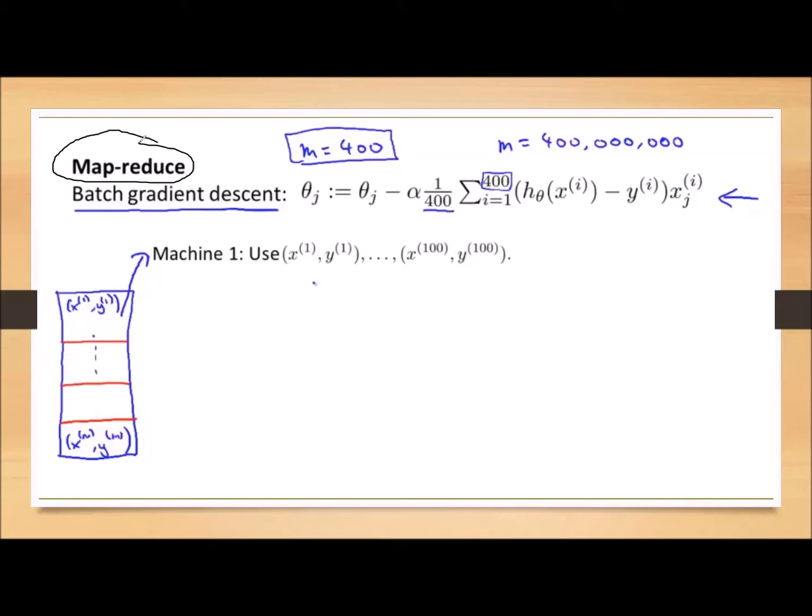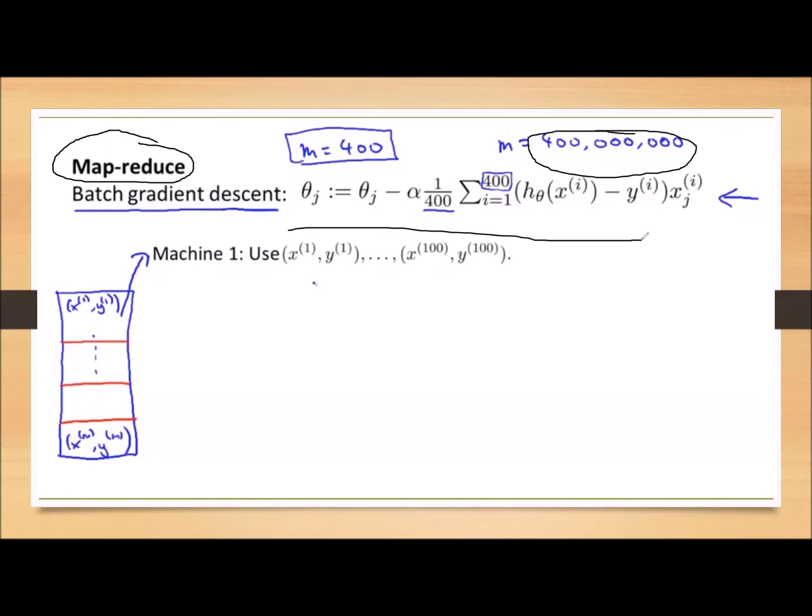Because when we deal with a large data set like 40 lakhs training samples, if we use batch gradient descent, for every step we have to use all 40 lakhs training samples. Computationally it is very expensive. We may go for stochastic gradient descent, but somehow we have chosen gradient descent. Now we want to make it computationally efficient.